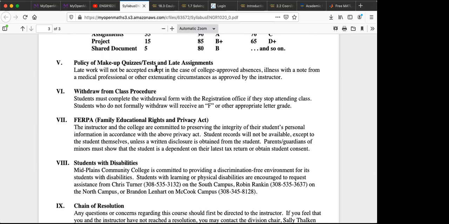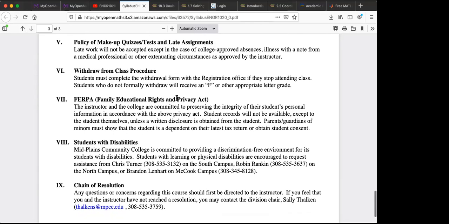I won't have any quizzes, so there's no reason for quizzes to make up or tests or anything else. But homework assignments, I do want us to have the homework assignments done by the class after we finished looking at the material. Sometimes it'll take 2 weeks to get through a chapter. And so if we started chapter 2 today and finished it next week, then chapter 2's homework assignment will be due the week after that,